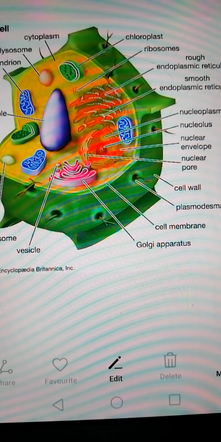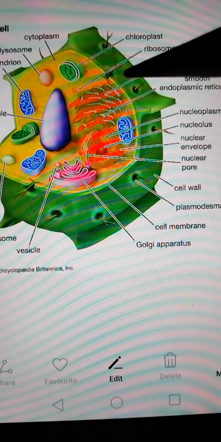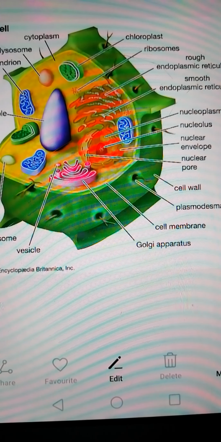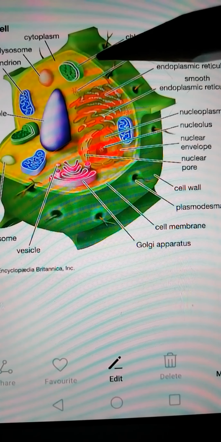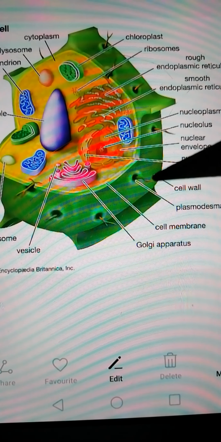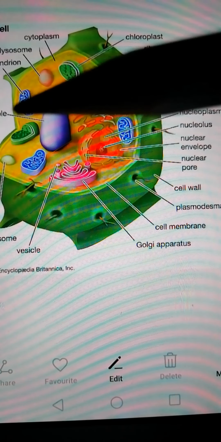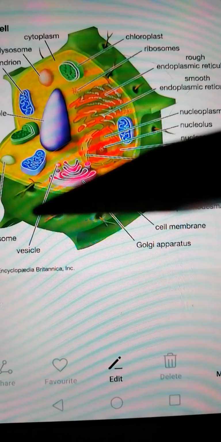In the previous video, we have studied about the chloroplast as well as the cell membrane. So the third part of the plant cell is the cell wall. Cell wall is generally present only in the plant cell, and this is one of the biggest differences as compared to the animal cell. Cell wall is an extra layer outside the plasma membrane or cell membrane. Generally, animals only have the cell membrane as the outer layer, whereas the plant also has a cell wall.